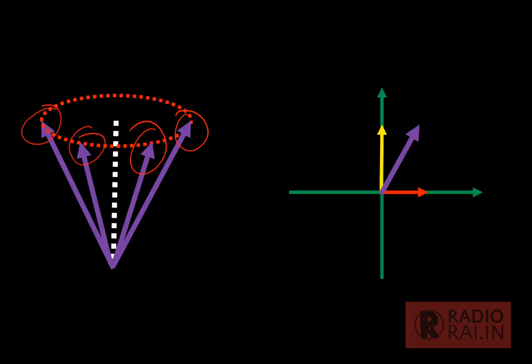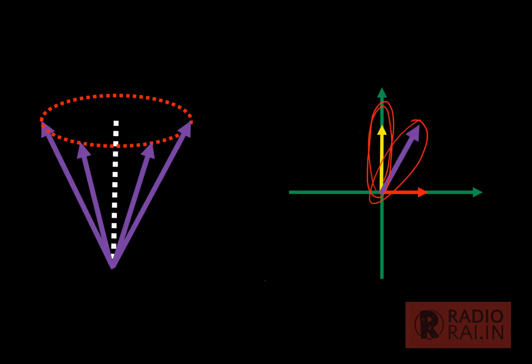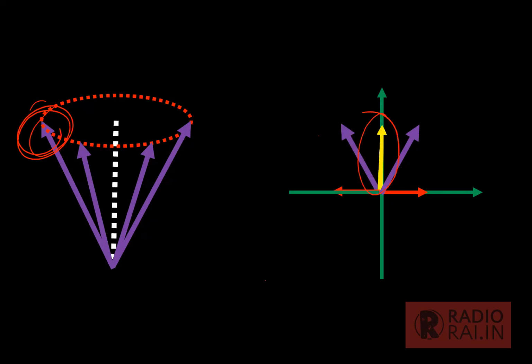Now this magnetic field is always a vector. Whenever there is a vector, we can divide it into two components, a vertical and a horizontal component. So this is the magnetic field, and we can divide it into a horizontal component and a vertical component. The same way, if you take the second molecule, its precession can also be put like this. It will have a horizontal component and a vertical component. Same way, if I take one more, again it will have a horizontal and vertical component.